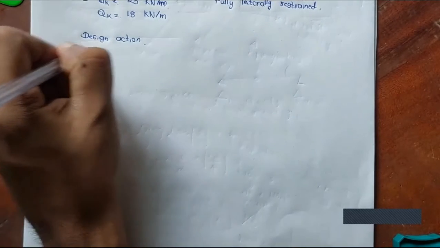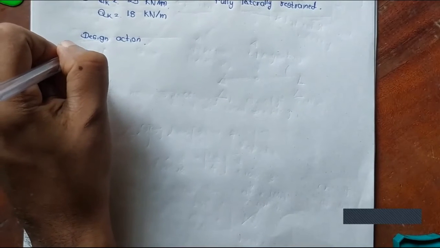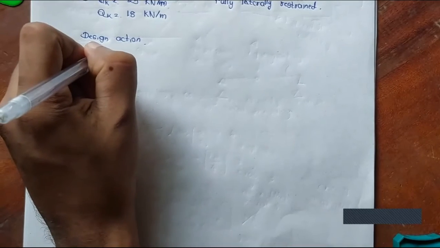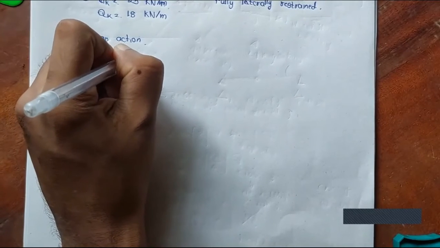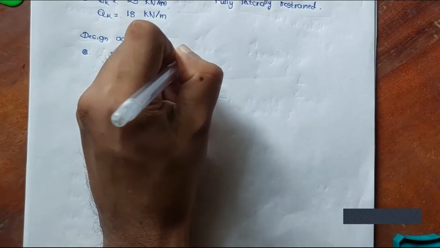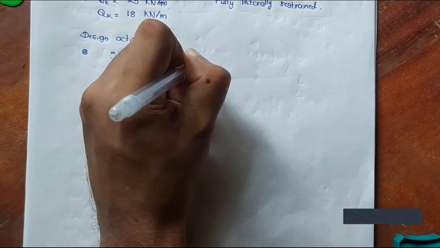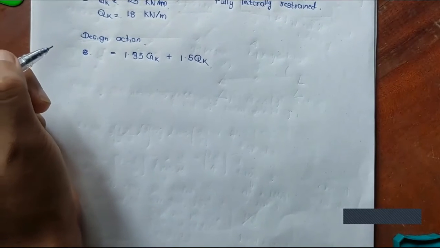okay. So from the equation, I think you have the dead load and live load, everything. So you just need to multiply by the safety factors: 1.35 into GK plus 1.5 into QK, right? So there are a couple of